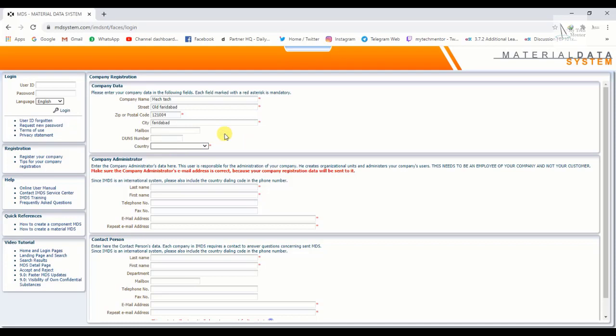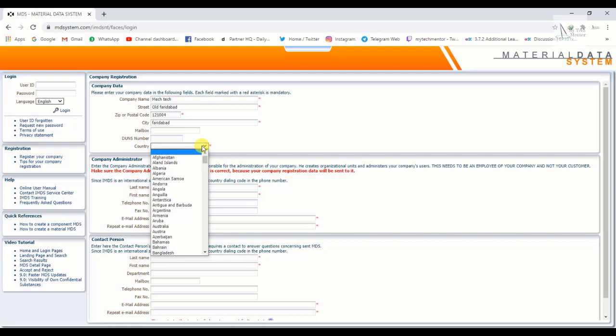If you have your DNS number from your customer, then we can put it here. If not, then leave it. Go to the next point, select your country.